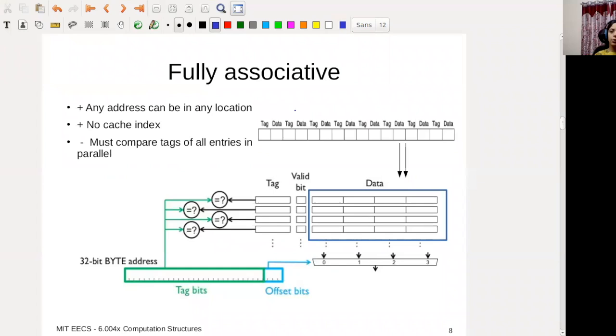So what is a fully associative cache? It is a single row. There is no concept of an index, right? There is no cache index. So if you have a 32-bit address, then you just have the byte offset bits, and the rest are tag bits. So essentially what this means is you get an address, you split it up into tag